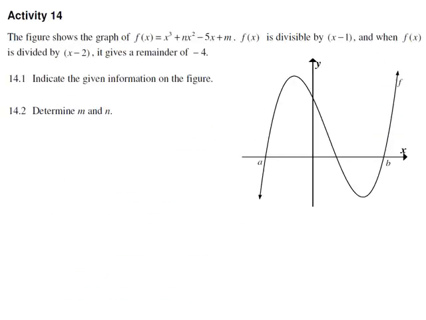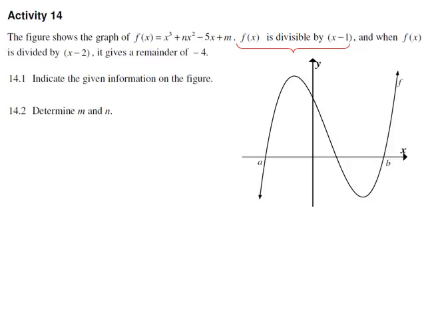In activity 14, we are shown the graph of f(x), where f(x) is divisible by x minus 1, and when f(x) is divided by x minus 2, it gives a remainder of negative 4. We are asked to indicate the given information on the figure, but before we do that, we first have to interpret the given information. So when we're told that f(x) is divisible by x minus 1, of course it means